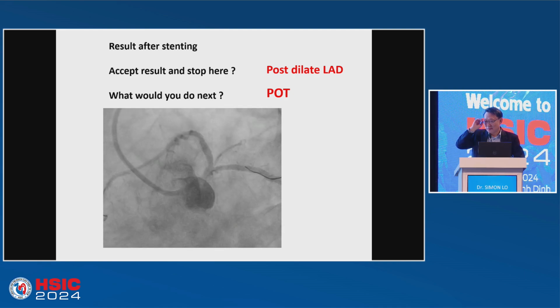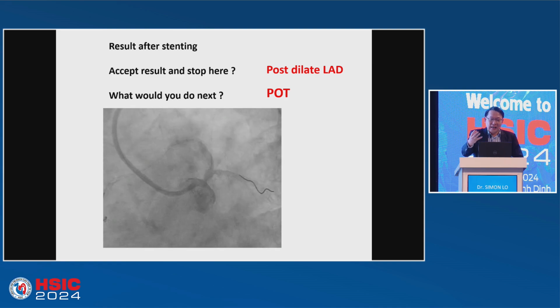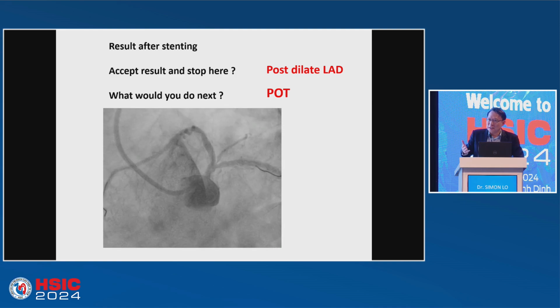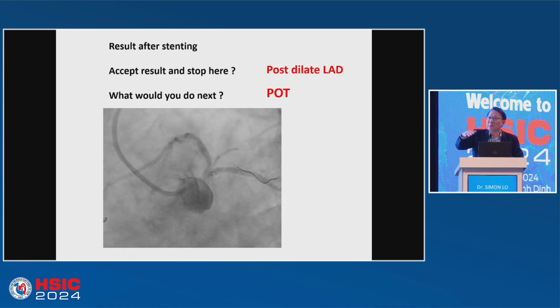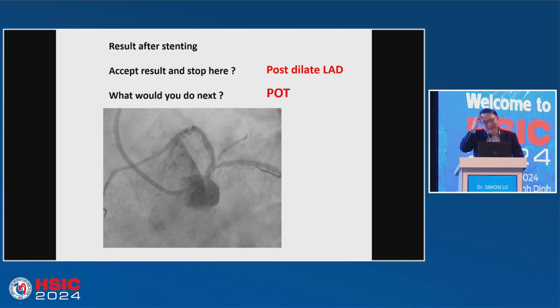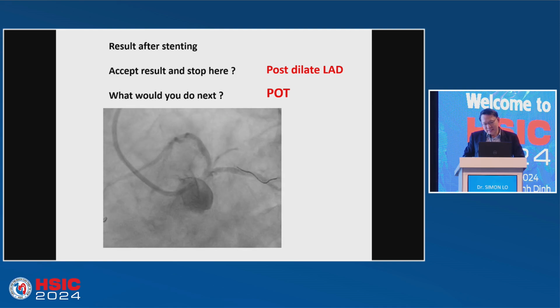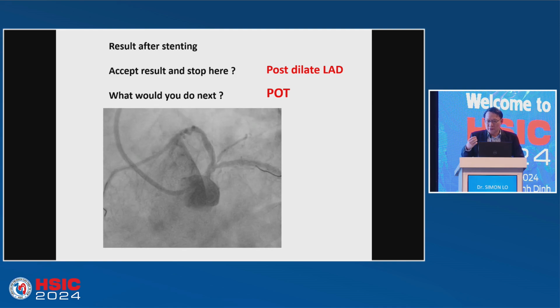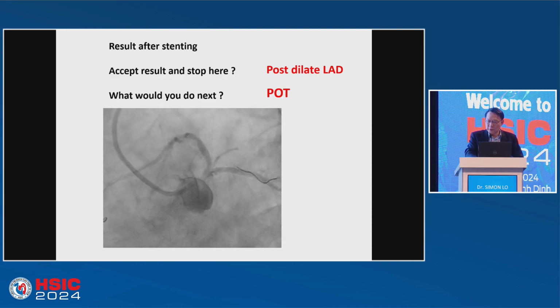Depends on the IVUS. If it's not good, then may do something. This IVUS thing, our friend there also said not everybody can afford an IVUS. In this case, we already have a deal in the beginning, we will keep the cost to the minimum. So I look at it, I use my eye instead of IVUS. I say, well, there is a problem there. It was very hard. Even the pre-dilatation showed recoil very fast. They must have some calcium and fibrotic tissues there. So I decided I have to post-dilate.